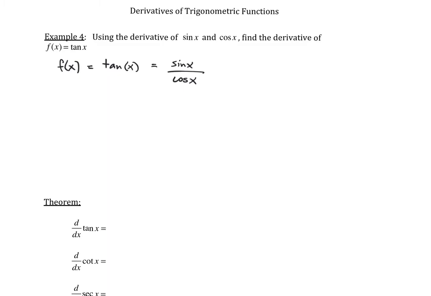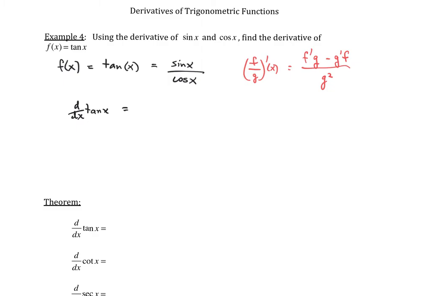Let's remind ourselves of the quotient rule. The quotient rule says that if you have the quotient of two functions and you want to calculate its derivative, it's the derivative of the top function times the bottom, minus the derivative of the bottom function times the top, all divided by the bottom squared. So let's do that with our tangent. When we differentiate our tangent function,